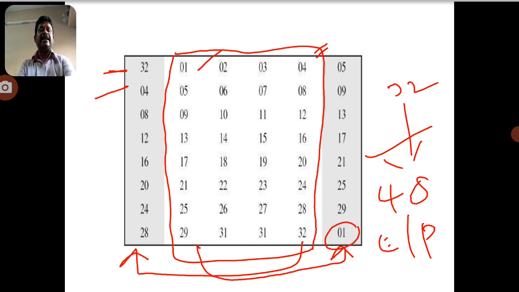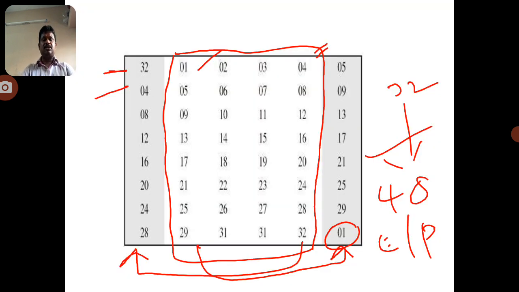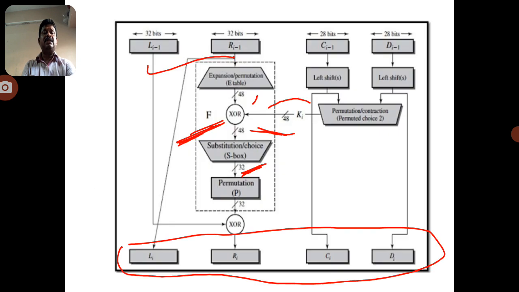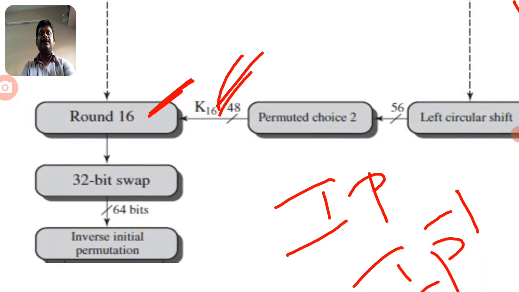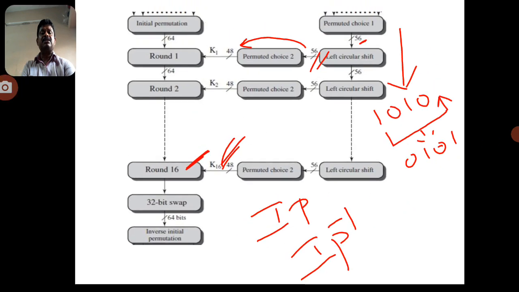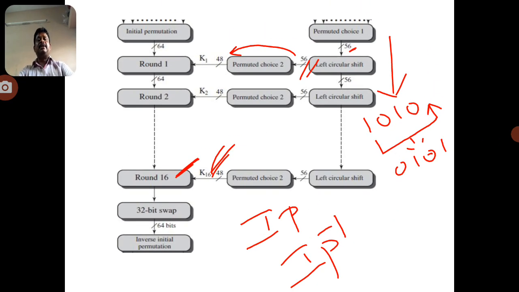So this is the technique of SDES. DES is an extension of SDES, because SDES encrypts only 8 bits, but DES encrypts 64 bit data. Each round is taken, and this process continues until 16 rounds. The 16 rounds are applied here. Finally we swap the data and apply the inverse initial permutation, and we get the plain text message.